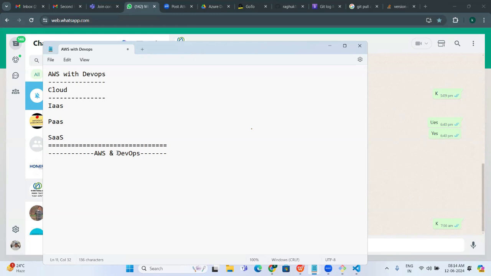Suppose I want to create 10 servers. The developer has given a code, and I want to deploy that to 10 servers. Rather than connecting to each and every server and deploying it, you write some automation for that. So whenever the developer gives a code, it automatically deploys. Such kind of solutions you design. Everyday improvement, continuous improvement.